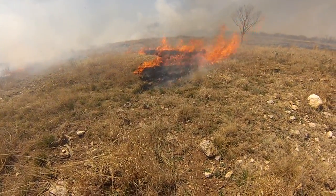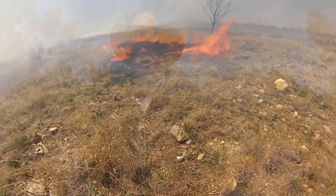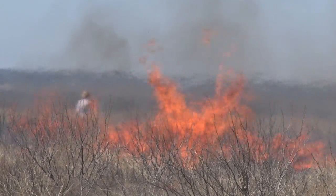Prescribed burning is extremely important for maintaining and improving wildlife habitat. And really what you're doing with these prescribed burns is you're increasing biodiversity across the landscape, and you're creating a lot of edge effect. A lot of people think of a prescribed fire or fire in general running across the